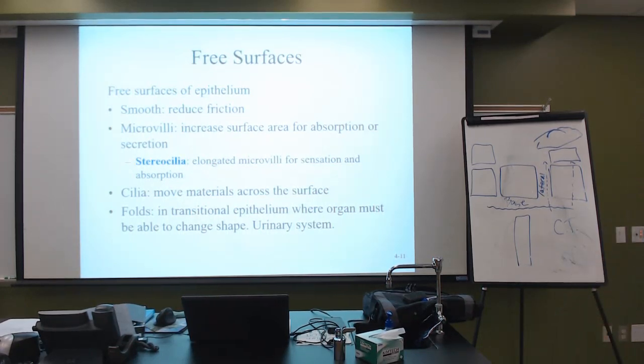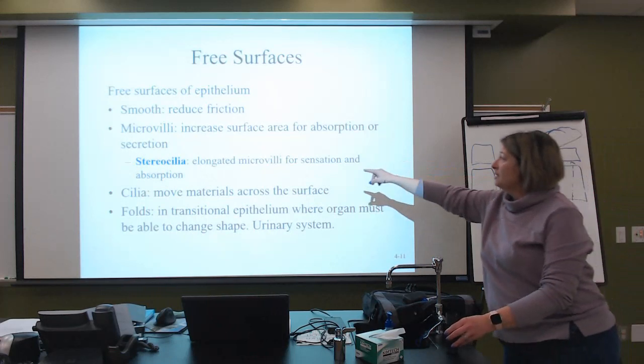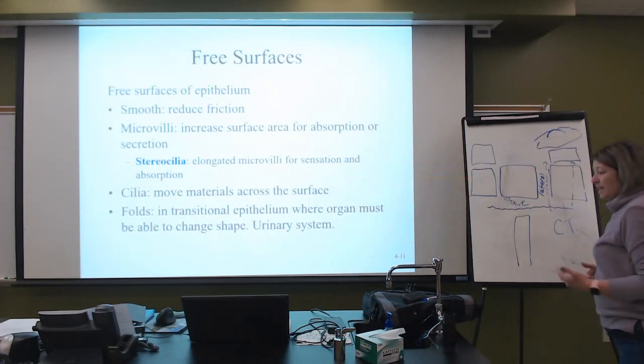Okay? Because if this were the outer portion of this tube, okay? So if this were the outer portion of it, there would be cells all along it, but then I have the hollow portion that's allowing the foodstuffs to move, okay? So I end up with those microvilli, the little finger-like projections, and they're, in some cases,